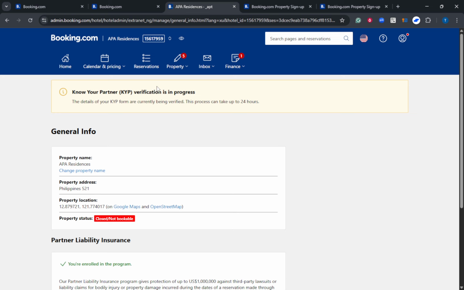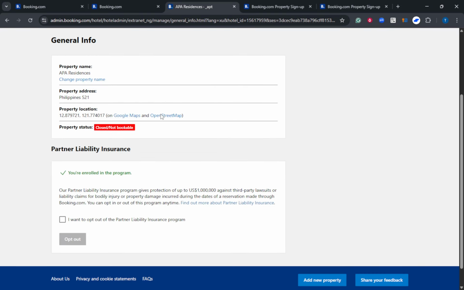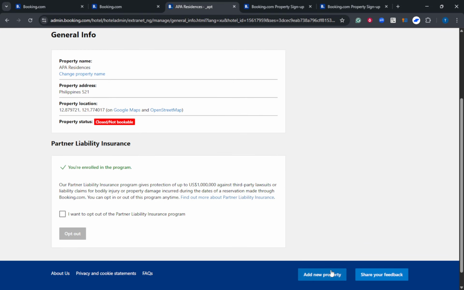Once you're in, find the option to add a new property. Depending on your Extranet layout, you'll see it under Account as Add New Property or as a button in the top right corner labeled Add New Property or List Your Property. This begins a registration for a completely new property at a different address, not just another room in your existing